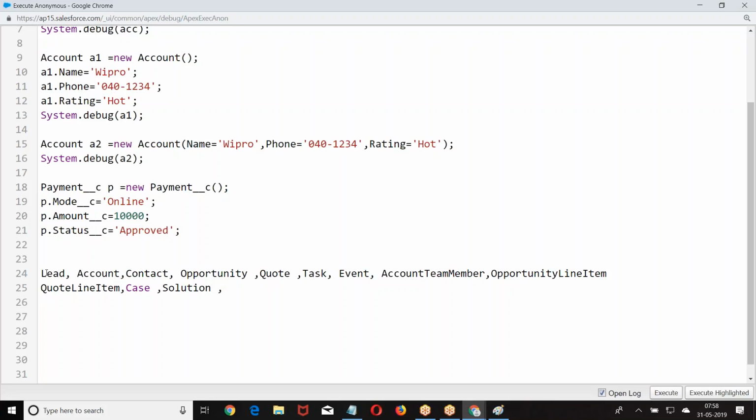Then we also need to know user fields. These are some of the objects whose fields you have to know by default.